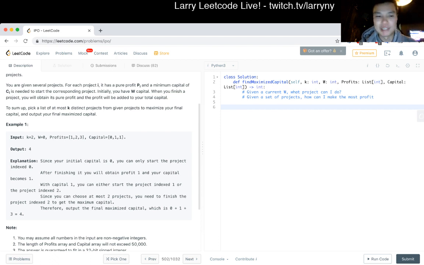Okay, so how do we want to solve this, right? n is at most 50,000. So I think that we could solve this by having 2 priority queues. I think that's how I would figure it out. Why? So I think I have 2 priority queues, so that I could have the first PQ to manage what projects I can do, right? So in this priority queue, you have a priority queue to contain.